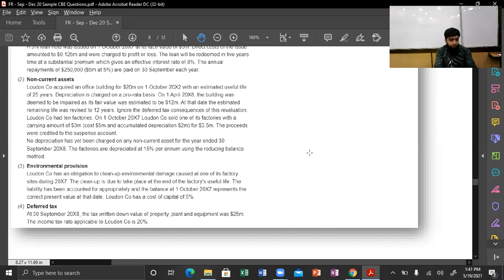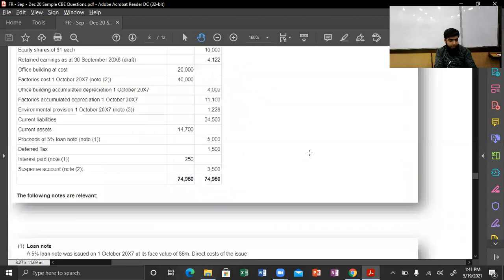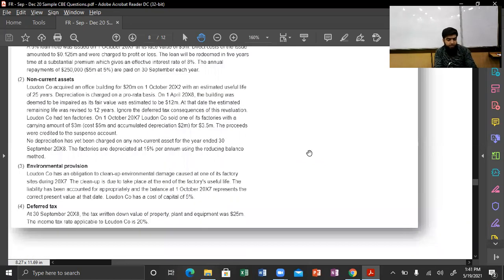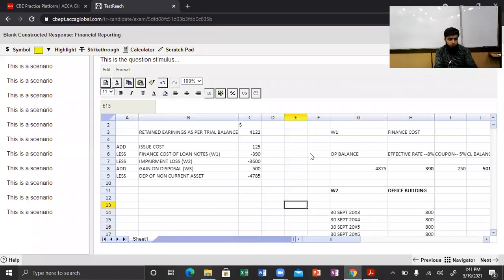The liability present value is already recorded at 1st October and the whole accounting period has passed. So at the end of the accounting period, we need to account for the unwinding of this one. So what is the present value of the liability? The present value of the environmental provision is 1,228, and 5% is the cost of capital. So 1,228 multiplied by 5%, that is 61.4 is the unwinding